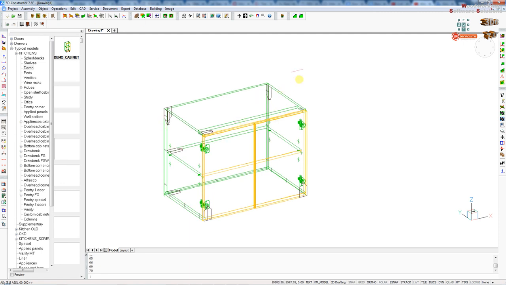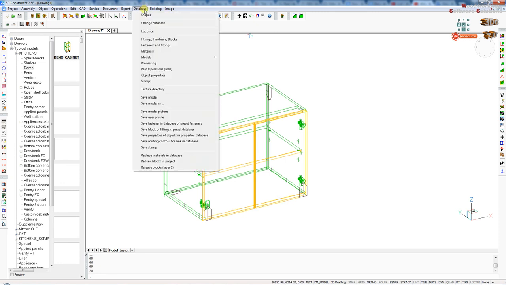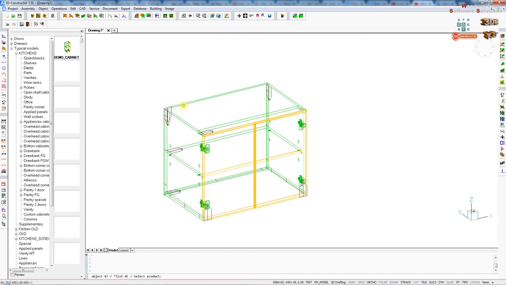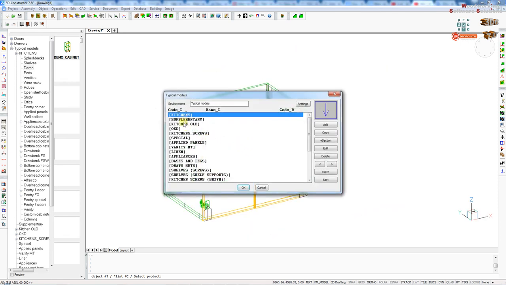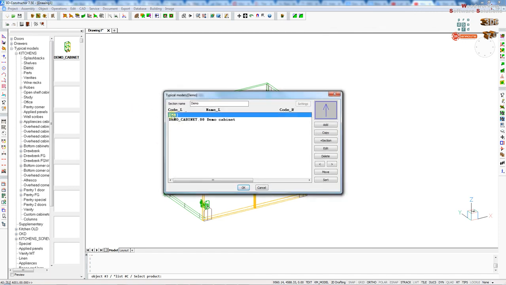So now we need to save this cabinet in the library. If you want to, you can add fit, but you can see in a previous video how to add a fit. So to save this cabinet in the library, you click database, so save model as, select the cabinet itself, select this is the typical model, click OK, select a part of the library or whatever where you want to have it, click add new model,